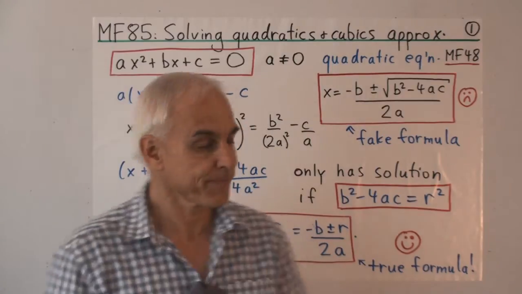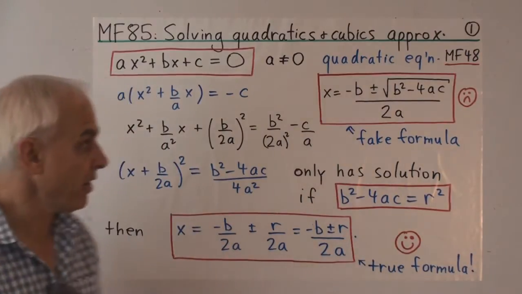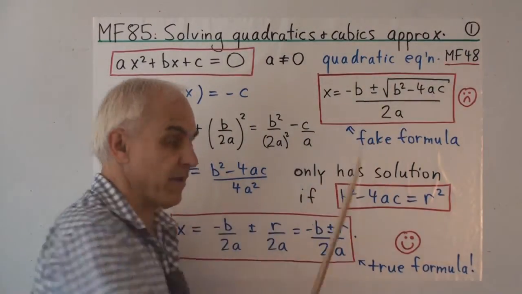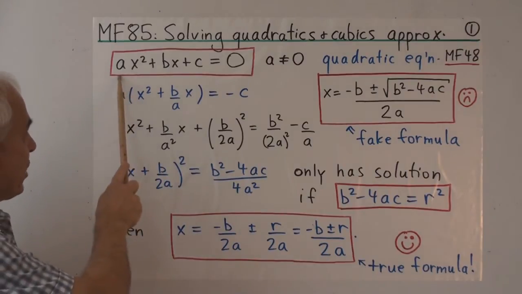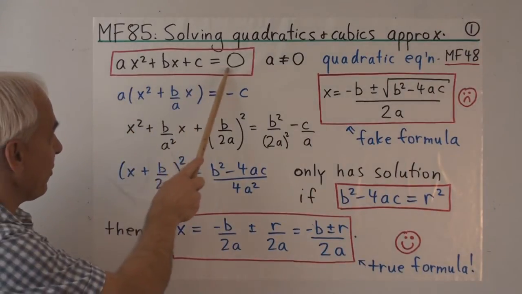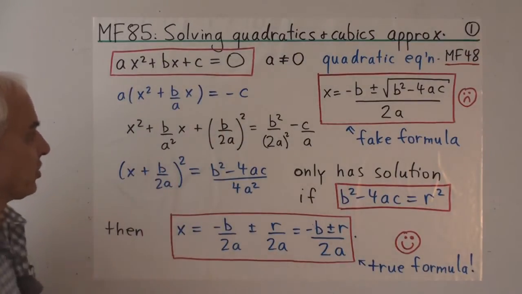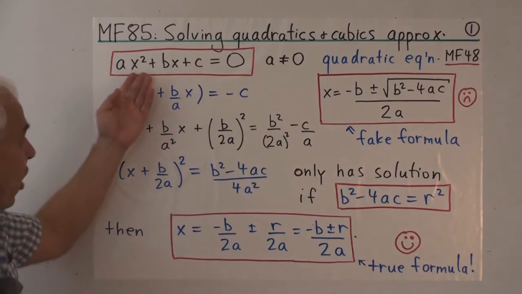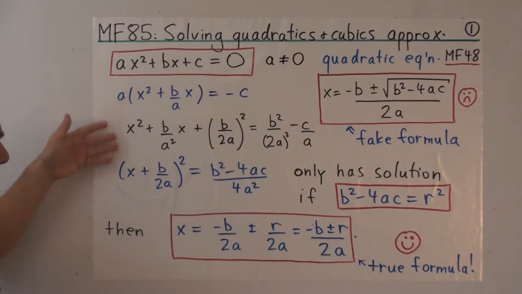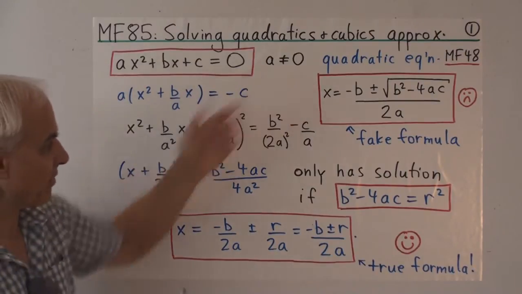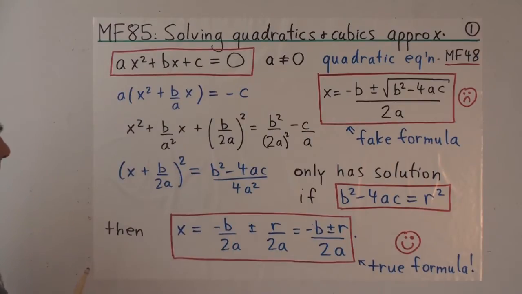general cubic. All right, let's start with the quadratic equation, which of course is very familiar, and we've already talked about that in Math Foundations 48. So let me remind you that if we have an equation ax squared plus bx plus c equals 0, and a is not equal to 0, then that's a quadratic equation. And if we want to solve for x, we don't know what x might be, then here's the standard manipulations that yield the classical formula. And this process is called completing the square.